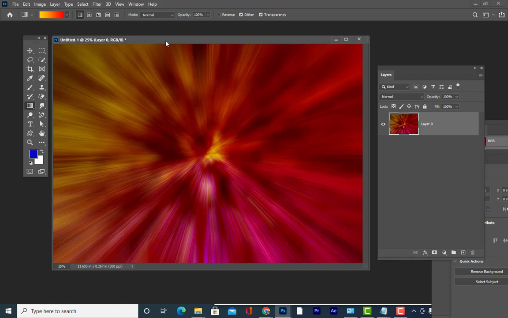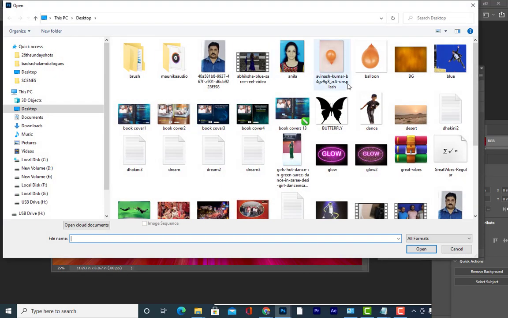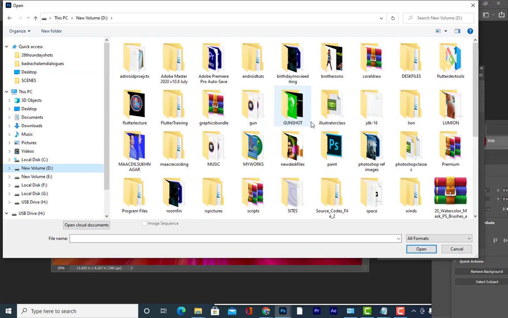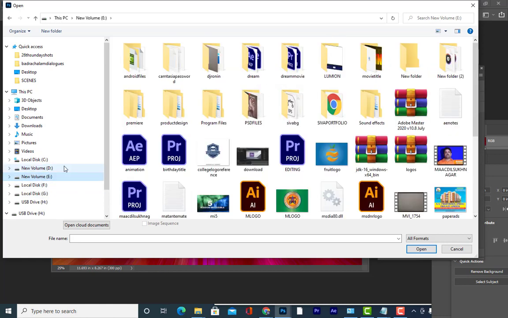So how can we use this actually? You can use it by, let me go to the images here. One minute.